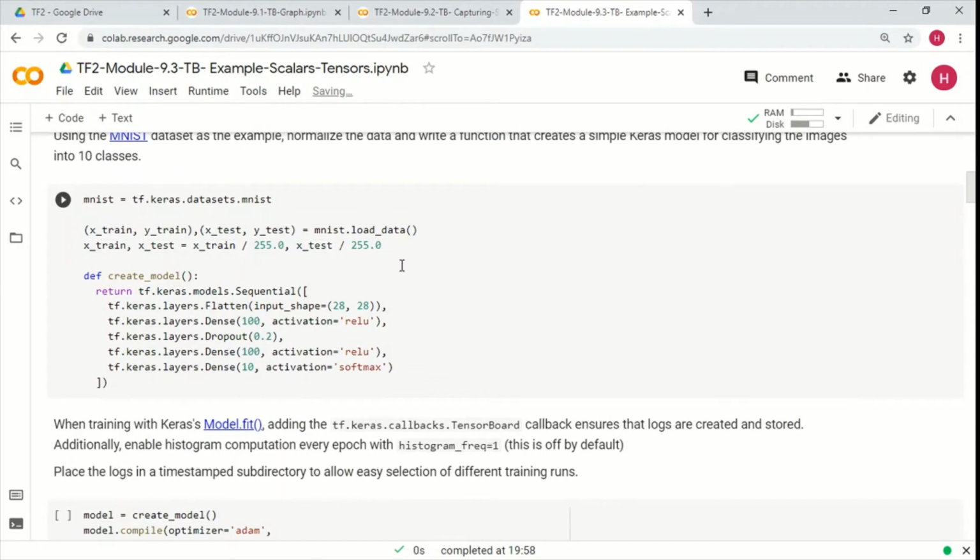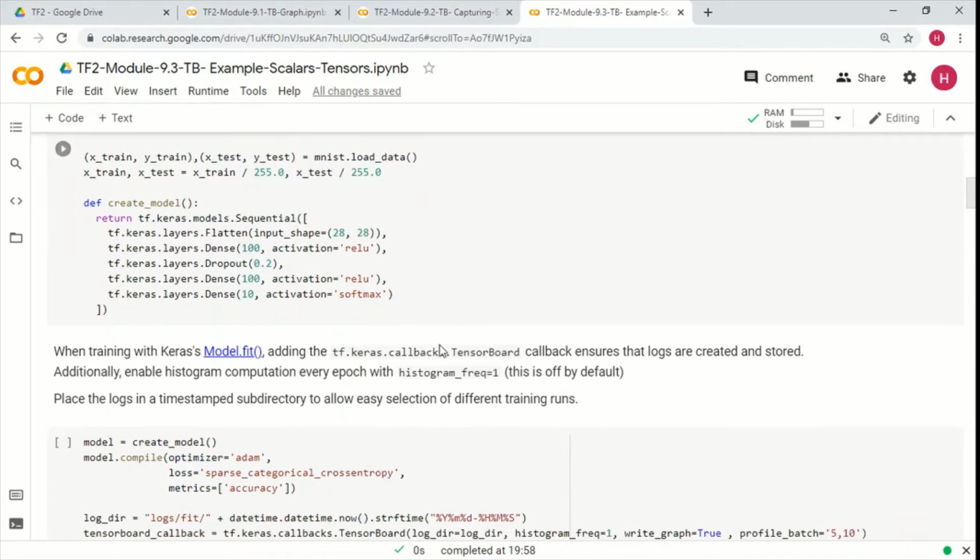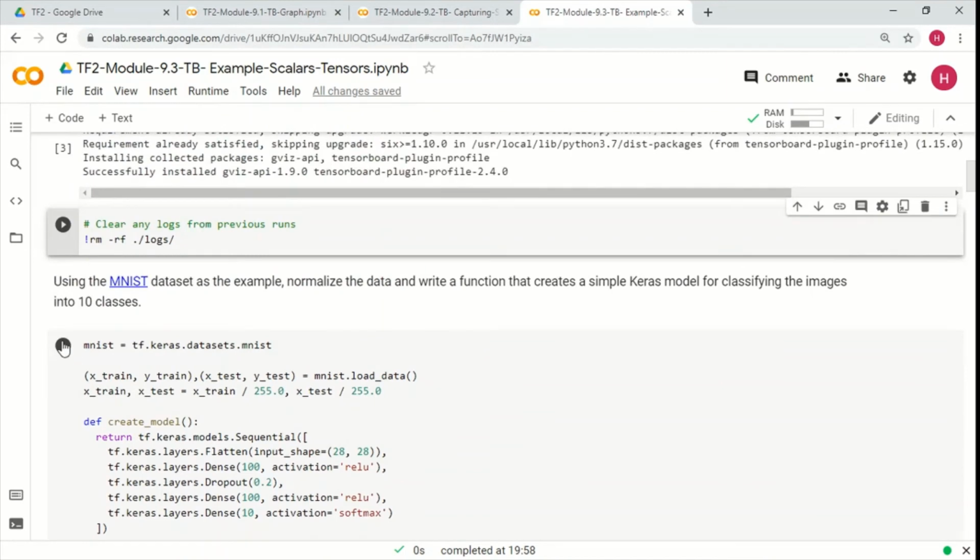Now this is a more concrete example. What we are doing is taking this MNIST data set, and then we are creating a simple model here. There are a couple of layers here, starting from the flatten layer, which is an input layer, and then we have dense, dropout, dense, so three dense layers here, with 100 neurons in this particular layer, dense 1, dense 2 also 100, and then we are doing a softmax activation on it. Let's create this model.